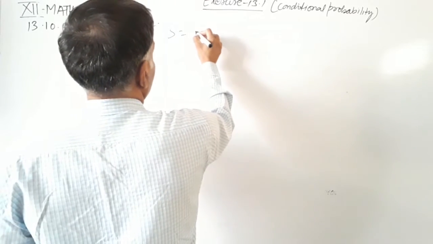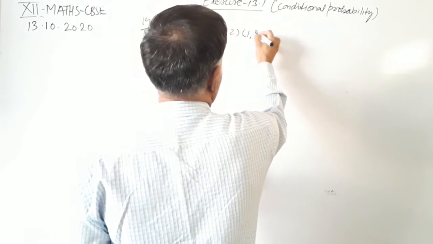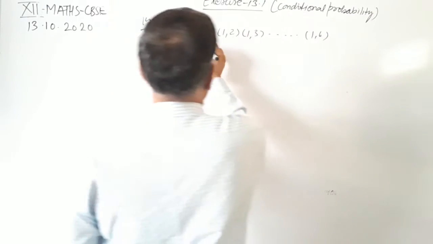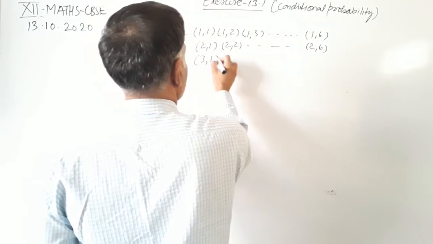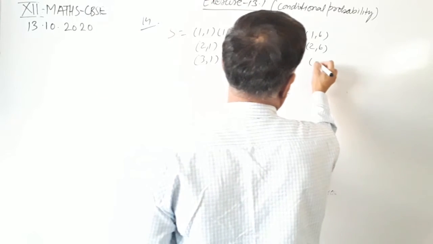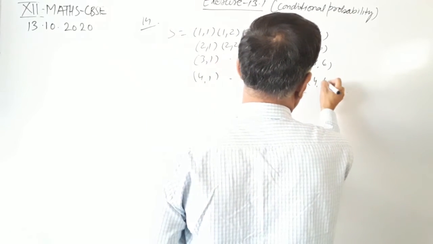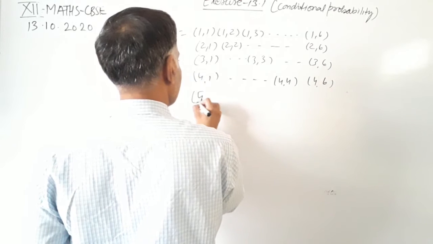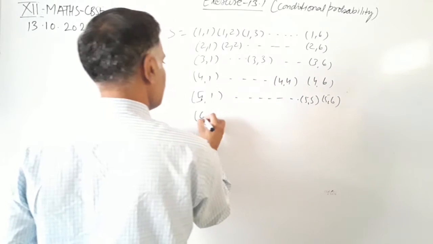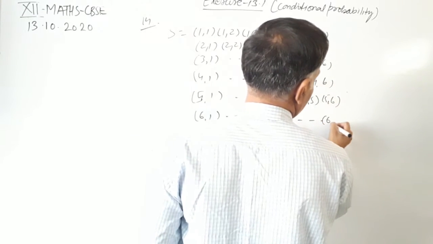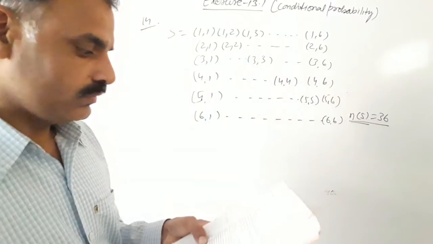So S has the outcomes 1 1, 1 2, 1 3, and so on up to 1 6, 2 1, 2 2, and 2 6, 3 1, 3 3, 3 6, 4 1, 4 4, 4 6, 5 1, 5 5, 5 6, and then 6 1 and 6 6. Total sample points are 36. Now event F is